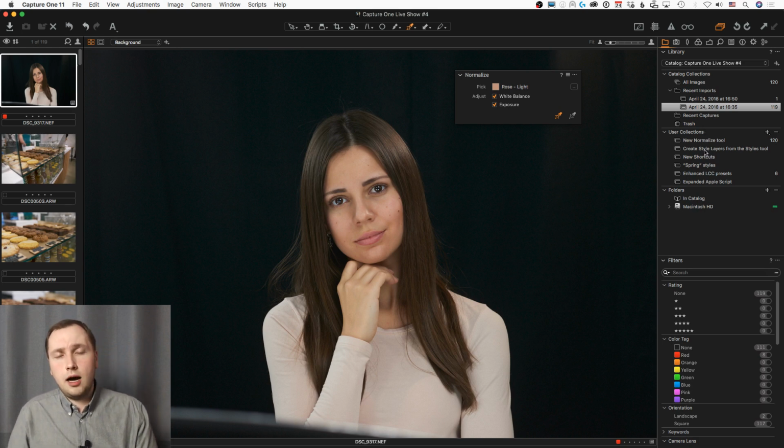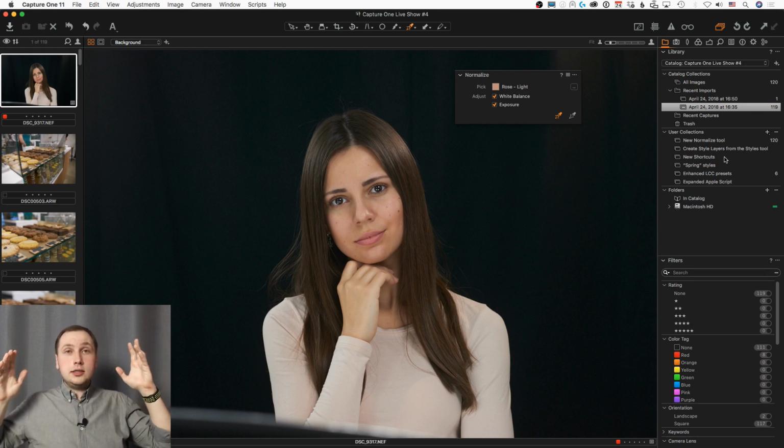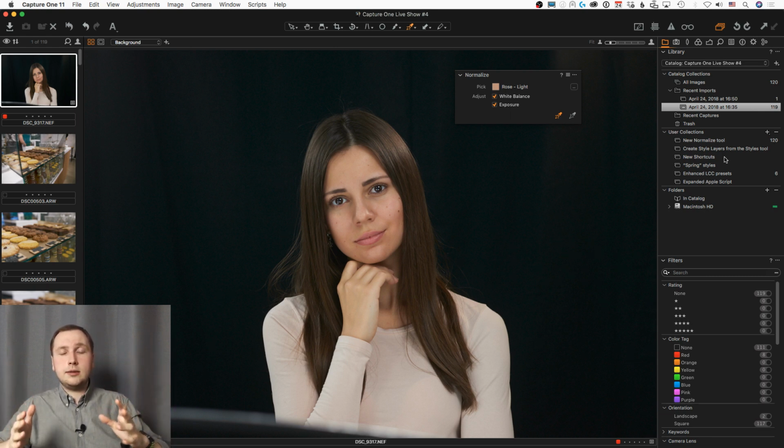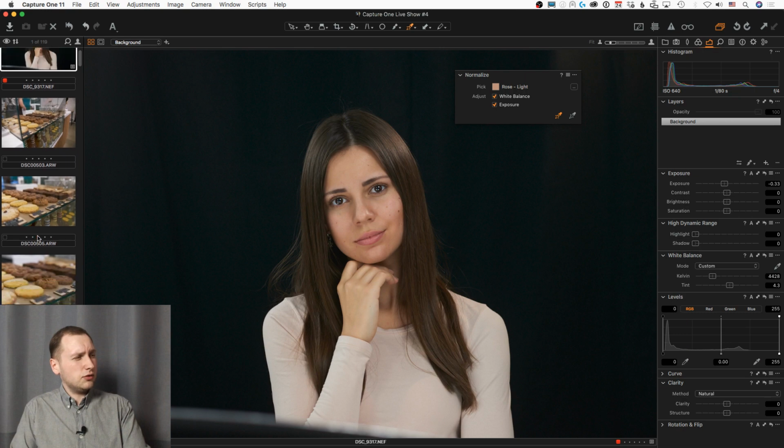The second important upgrade is creating style layers from the Styles tool, and I am really excited about this upgrade, because when Capture One 11 was released, I was just like, whoa! It's so awesome to apply styles to layers. It's an absolutely fantastic thing. But the problem is that previously it was not really convenient